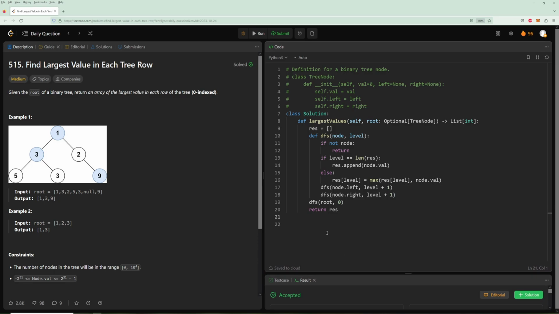And now let's talk about the time and space. So for the time, we are going to visit every single node, right? No matter what, we're visiting every single node pretty much. So that's O of n, where n is the number of nodes we have. And then for the space, if we don't count output as part of our space, which we shouldn't, because that's totally separate, we're keeping the minimum number of variables in the output we can, right? The result array will never be bigger than what we're outputting. We're never making it too big or anything. So the space is basically the